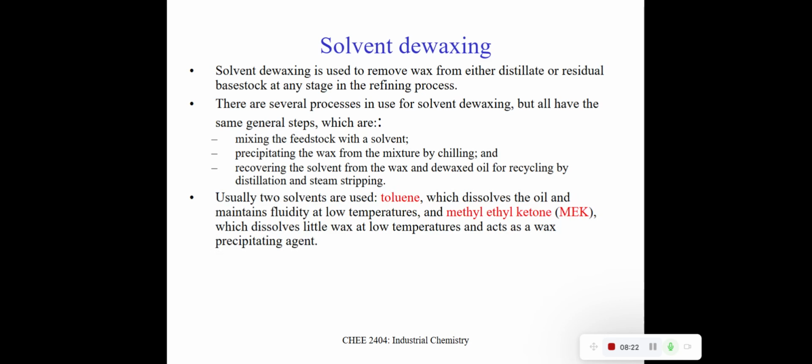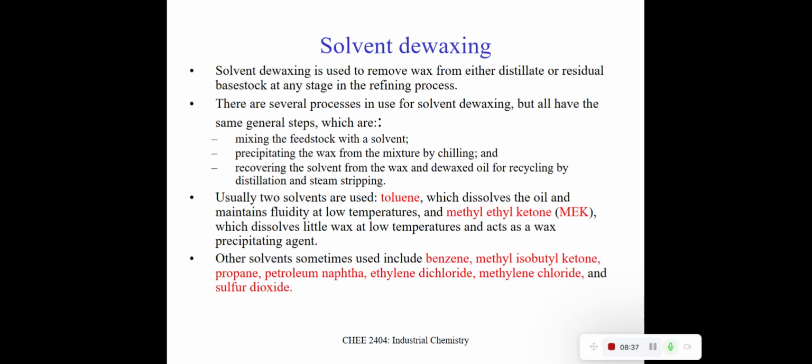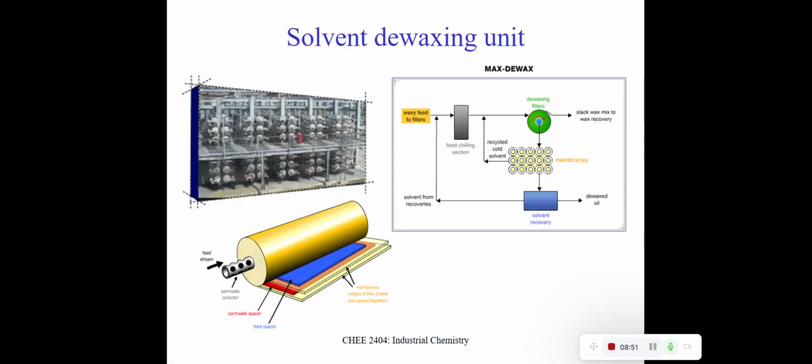Toluene, okay. The solvent we use, the first one, is the solvent which dissolves the oil and maintains fluidity at a low temperature. Right. The next is MEK, which dissolves little wax at low temperature and acts as a wax precipitating agent. Right. Now the next is the other solvents. Sometimes benzene and others are used. There is a catalytic process used as an alternative to solvent dewaxing. Right. Now this is the unit where solvent dewaxing could take place,